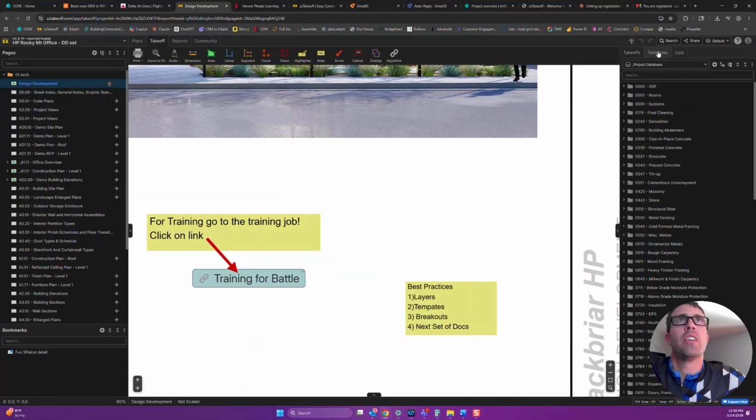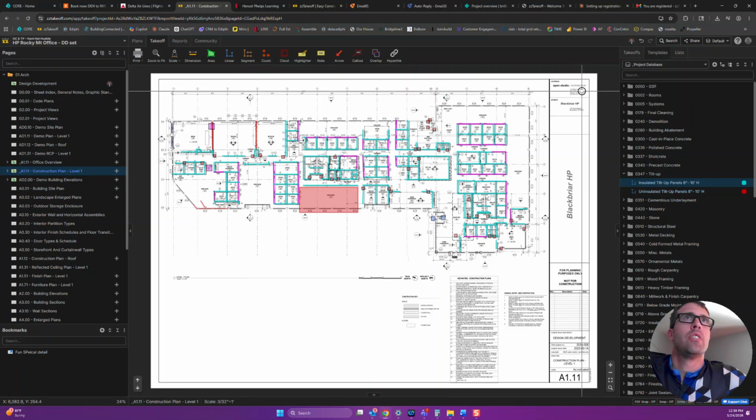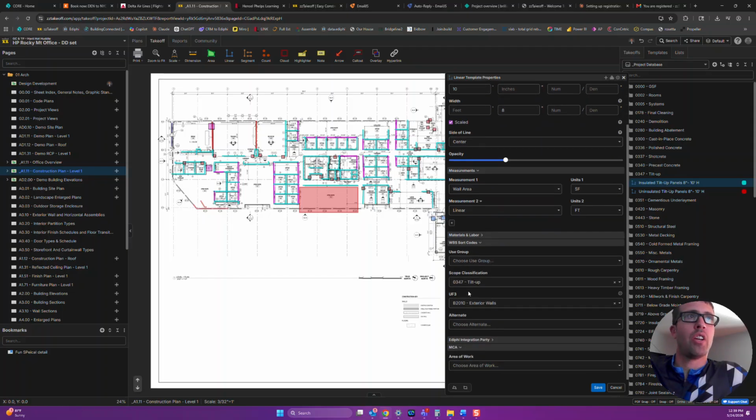Templates. So templates we hit on last video, but double click templates. And these are critical. You set them up for your company. Right now you can't lock them down, which is unfortunate in zzTakeoff, but if you see something, fix it. Go for it. Love it. And grab the objects you need. They're pre-set up with stuff that you already know, like they're cross-coded to unit format, scope classification. Use groups are important in how we do breakouts at Hensel Phelps, but